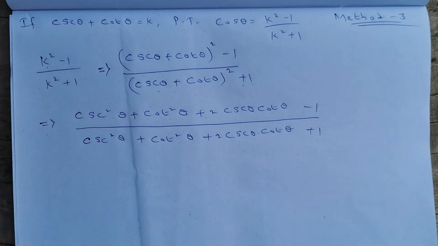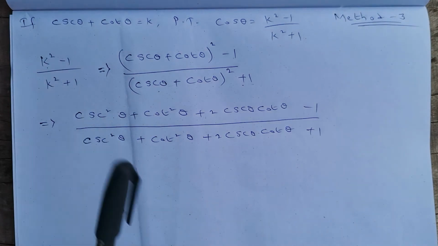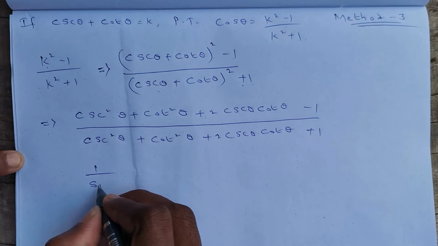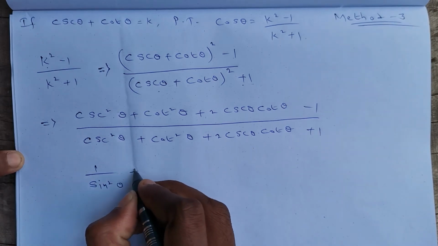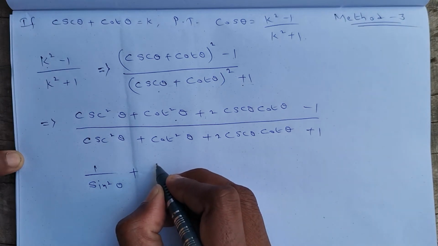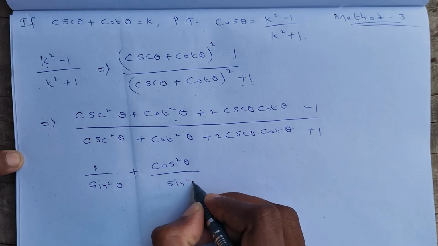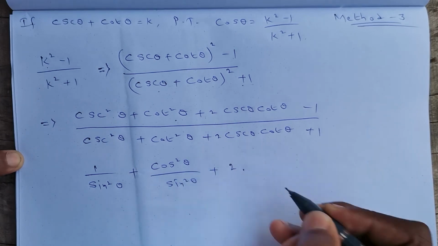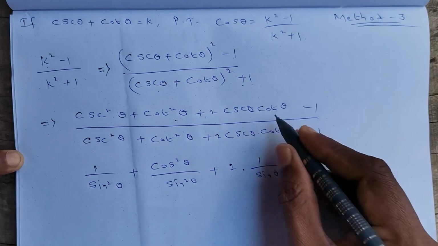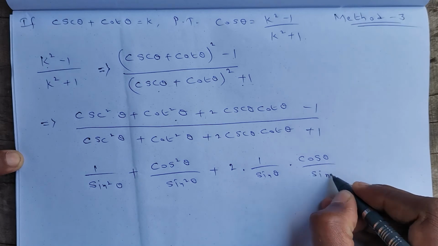Now here cosecant is there, and we know cosecant is the reciprocal of sine. So cosecant square I am writing as 1 by sine square theta, plus cot square, which is nothing but cos square theta by sine square theta, plus 2 into cosecant, which can be written as 1 by sine theta, into cot, which can be written as cos theta by sine theta, minus